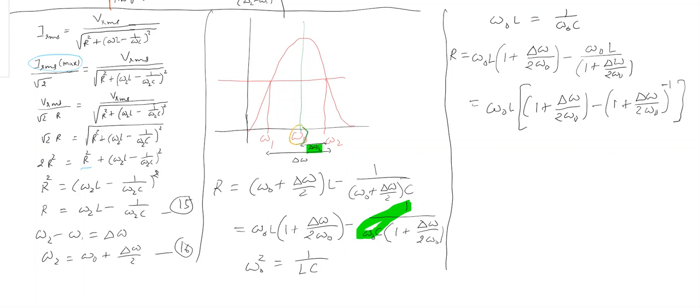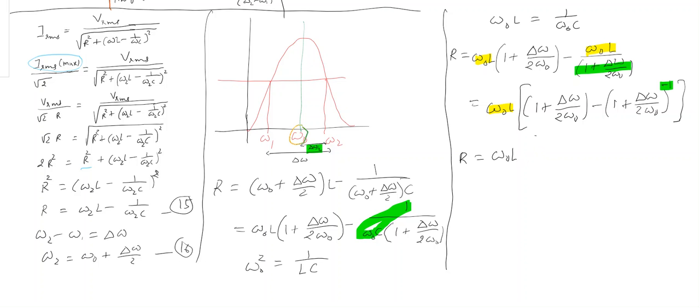See, two changes I have made. I have taken this omega 0 L out, and instead of writing this in the denominator, I am writing it with minus 1 power in the numerator. Now if I apply binomial theorem and if I neglect higher order terms, the second bracket